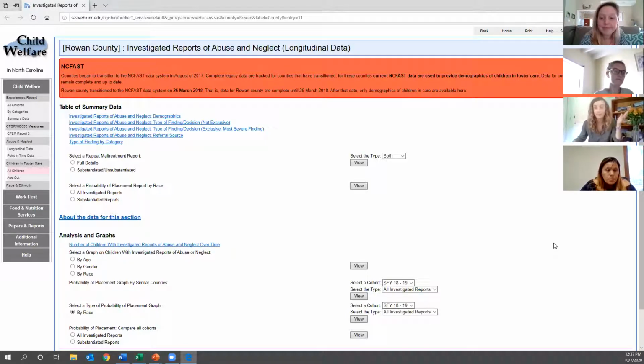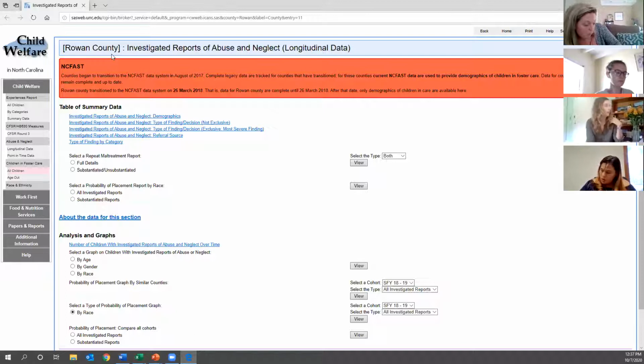So this is what the webpage looks like. It'll automatically open to this link. The first thing that I want to show you is the title, because that's very important. This link that I just clicked on has this title, which is in the blue box at the top of the page. Here in the brackets, it actually says Rowan County. That means that currently the whole web page and all of the data on the web page is being filtered to only show me information for Rowan County. So it's really important to look at what it says in the bracket to make sure that you are looking at the data either for your county or for the state.